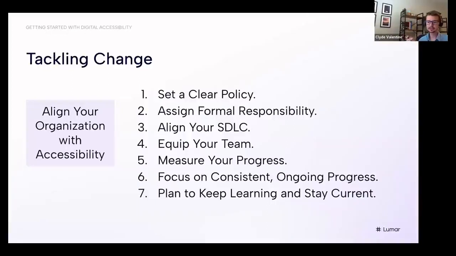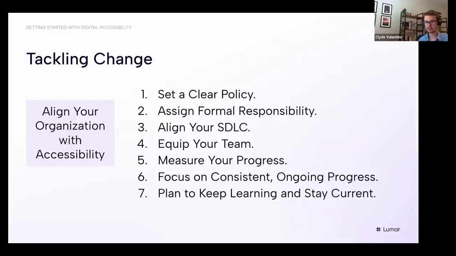It's kind of common sense, but it's hard to know how you're doing or even what you should be doing if you don't have a target to shoot for. So what I typically recommend is agreeing on a technical standard that your organization and products can be held to. The most well-known, industry standard, well-recognized standard for accessibility is WCAG. The industry standard version of that is WCAG 2.1 AA.